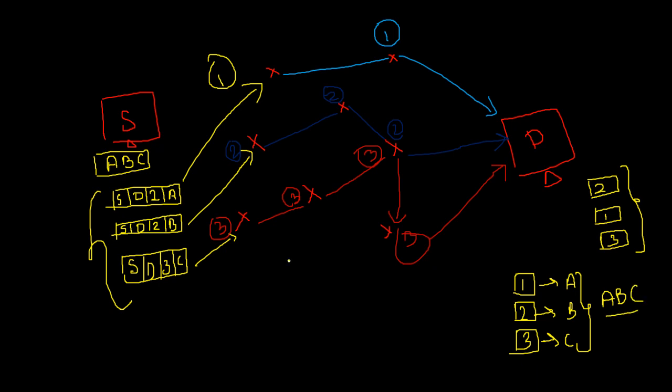So what happens in this switching technique? First the message from the source computer is divided into different packets, and each packet contains the source address, destination address, sequence number and a part of the message. When all packets are created, these packets follow different paths and reach the destination.